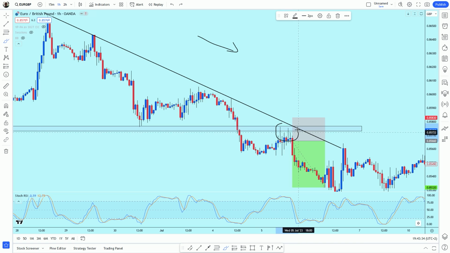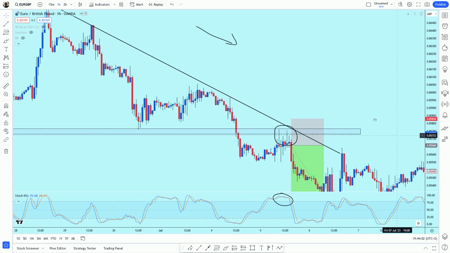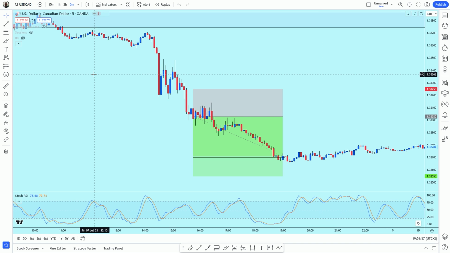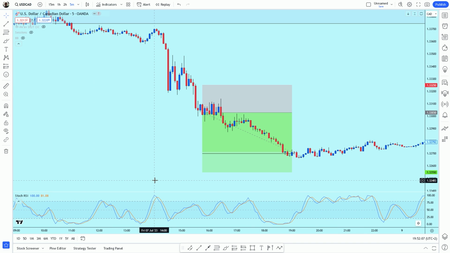We have this significant zone retest with bearish wick rejections, and we have these high showings of our indicator, stochastic RSI. So I simply decided to follow the trend, and as you can see, the trade ended with profit. This is the US dollar Canadian dollar trade that I took, and I took this trade on a 5 minutes time